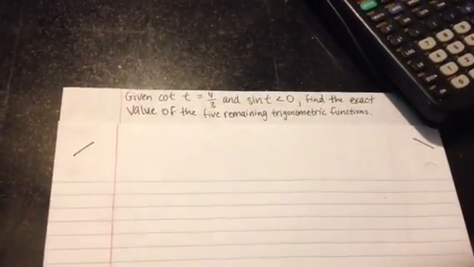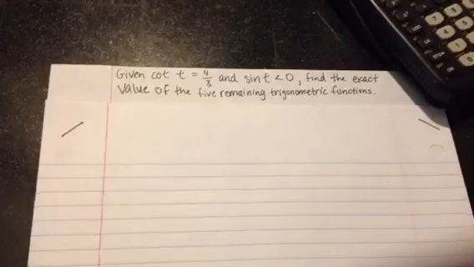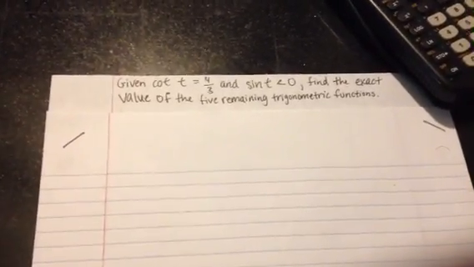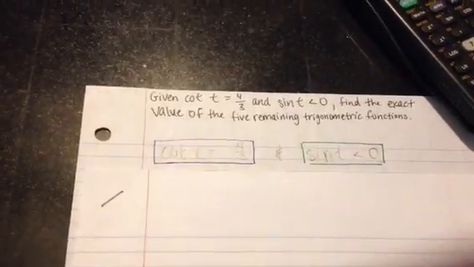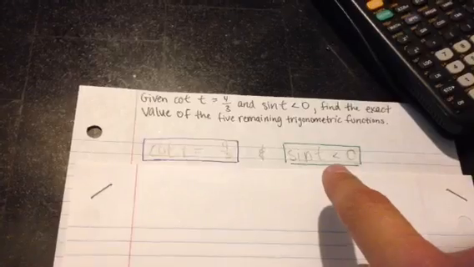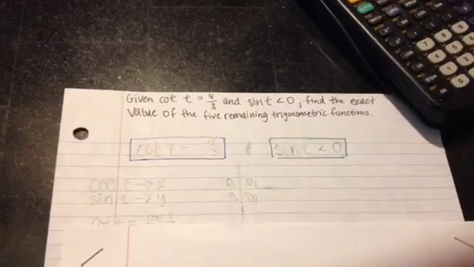Given that the cotangent of t is equal to positive 3, and that the sine of t is less than 0, find the exact value of the 5 remaining trigonometric functions. The key thing that you need to realize here is that cotangent of t is positive, and that sine is less than 0. So of the 4 quadrants given,